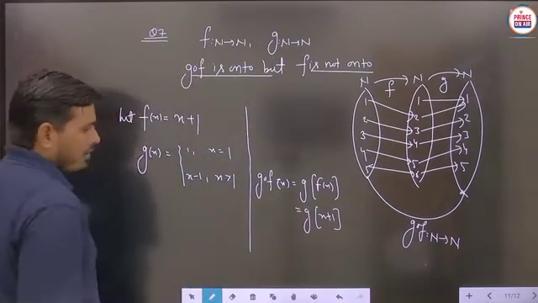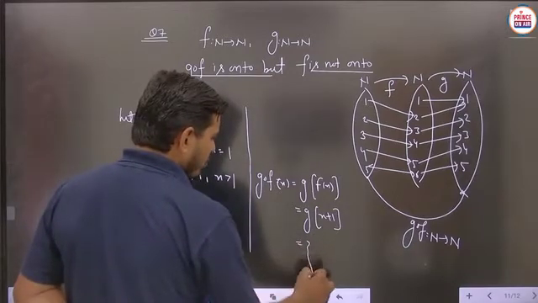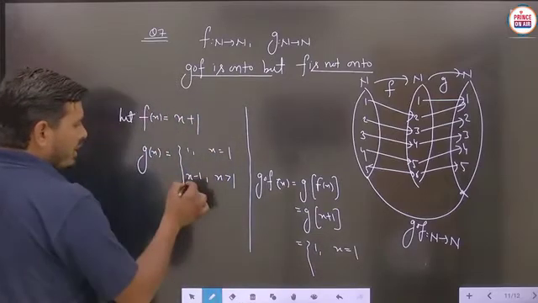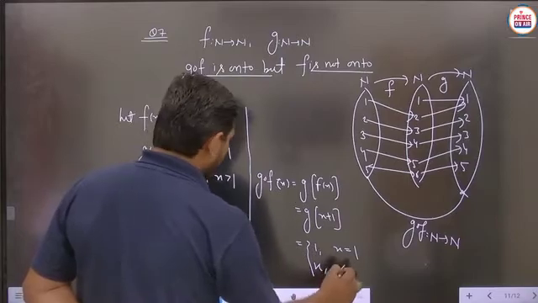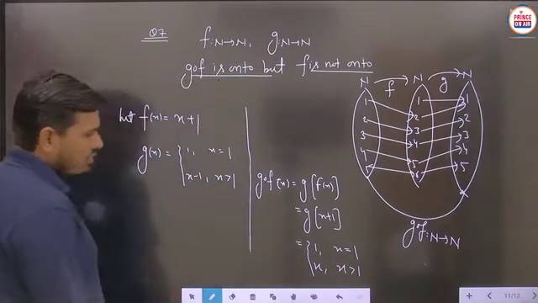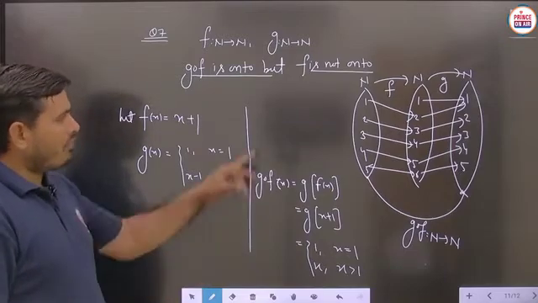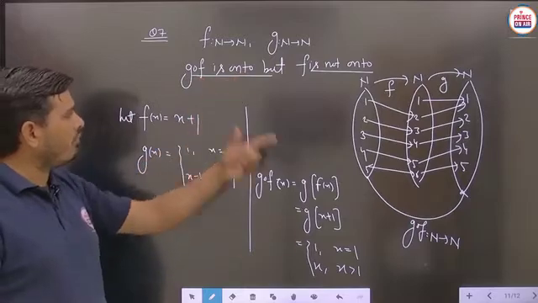Is it clear? And now student, we will say that this is 1 for x equals 1, and here we are using x plus 1, so it should be x, for x greater than 1. So this is the g o f function. Now we are checking whether f is not onto, you can check this condition, but here we can check whether g o f is onto or not.